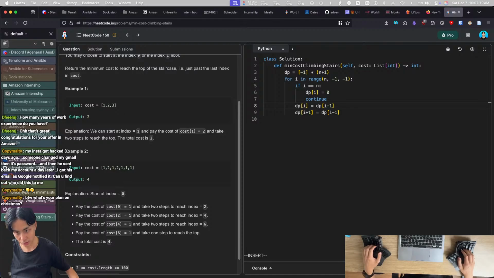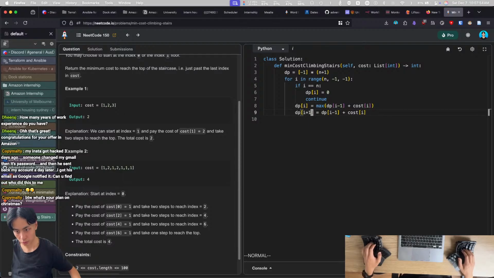So this is plus, okay, wait, plus the cost of this position. The cost of this position is always going to exist here because we've taken the case where i equals n already. And the problem here is also we need to take the max,